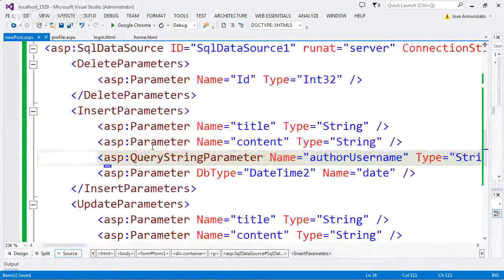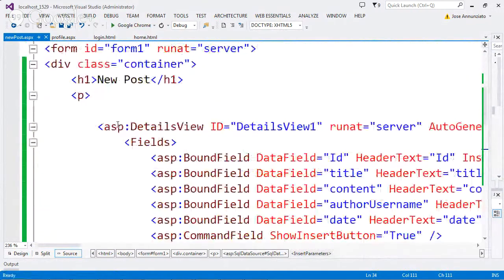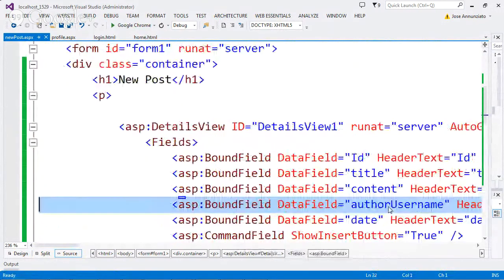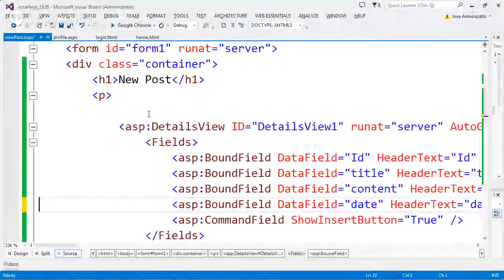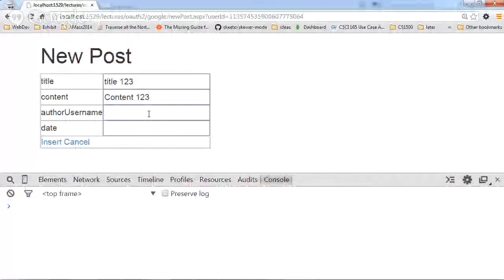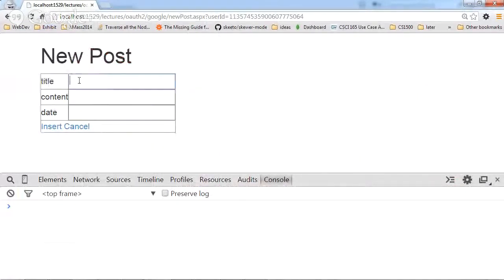And since that's the case, we no longer need the author name field, right? Because that's going to be populated for us, right? So we're going to remove this field, this author field. So let's refresh this. Okay, there it is. So here's title 1, 2, 3, content 1, 2, 3, insert. Let's go back. All right, once we insert, we want to redirect it back to the profile,